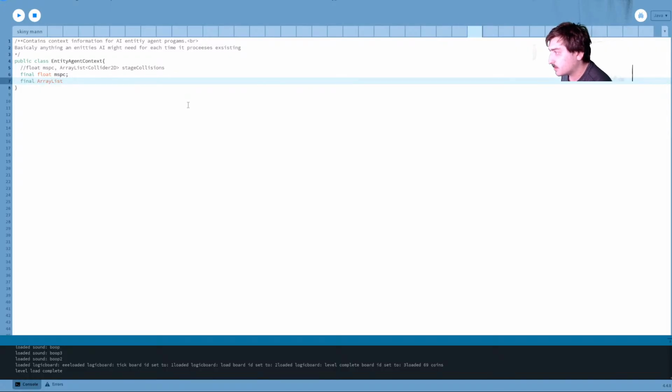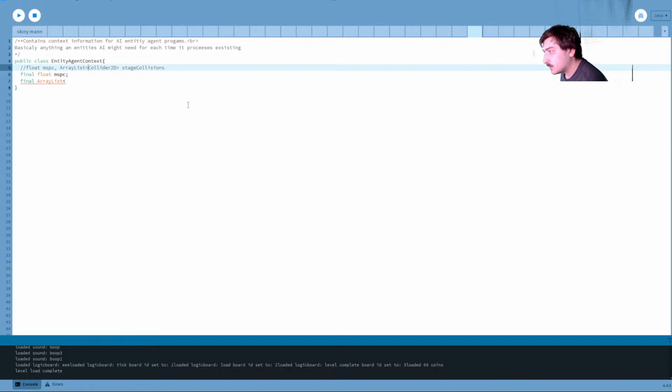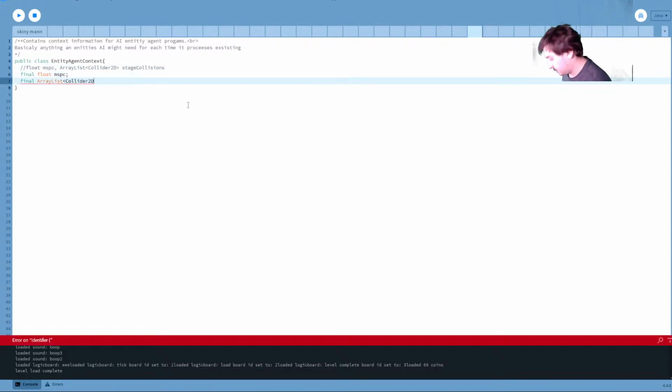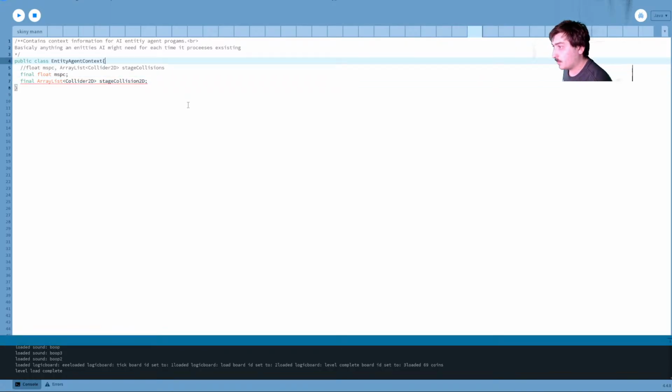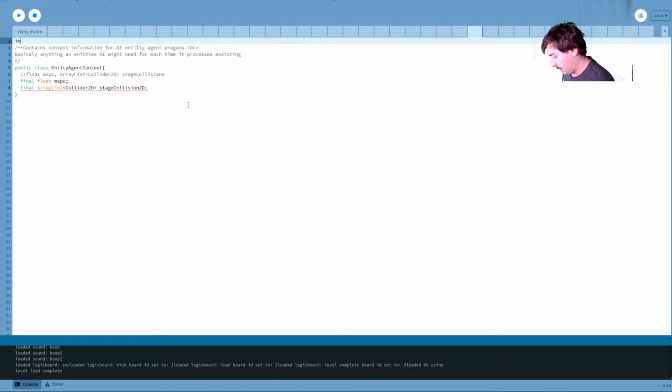Final array list of collider 2D, stage collision 2D. Oh, we gotta import this. Import java.util.ArrayList.